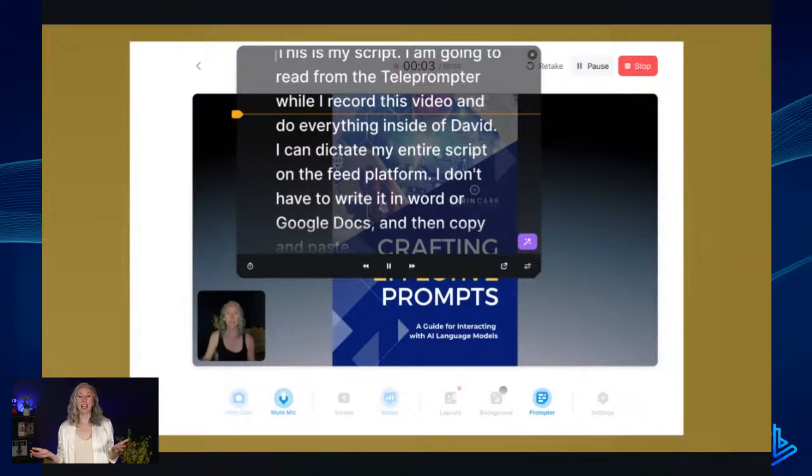I can dictate my entire script on the Veed platform. I don't have to write it in Word or Google Docs and then copy and paste. And then when I wanted to record my video, I can record it directly into Veed as well. This is awesome if you like to record at your computer. You can also do it on your phone, but if you like to record at your computer because you're more